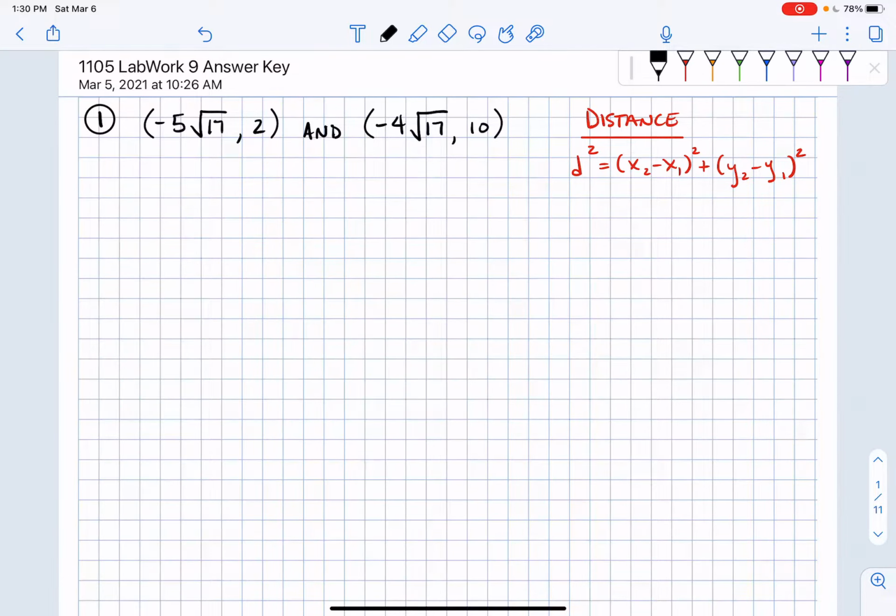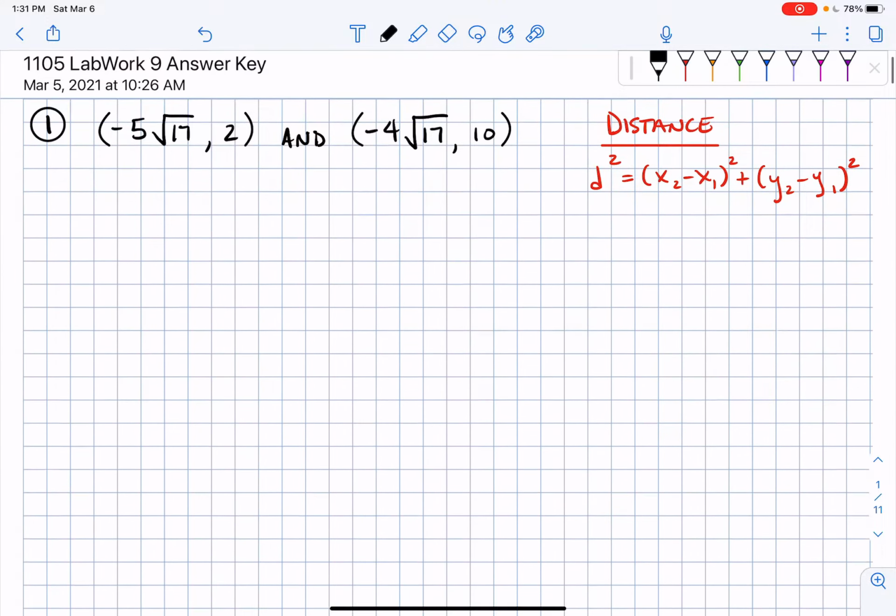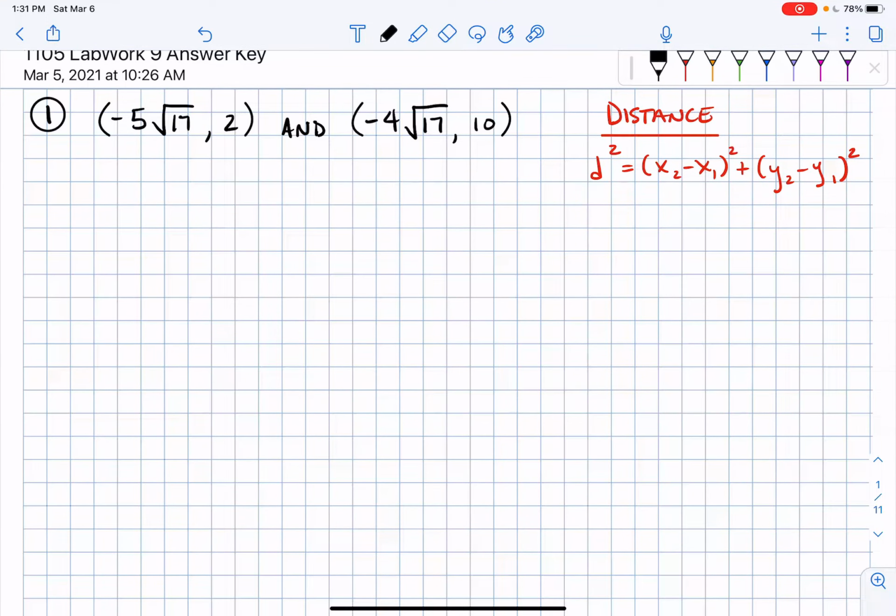All right, let's get LabWork 9 answer key done here. So the first one, we are looking for distance, and we're given 2 points. As you see on the right, I am writing down things that may help you or things to remember for the exam. So right now, because I'm looking for distance, I have